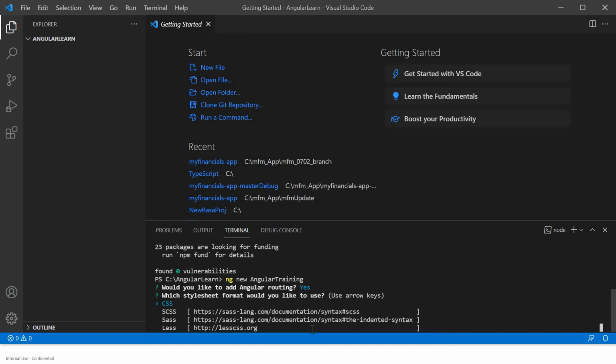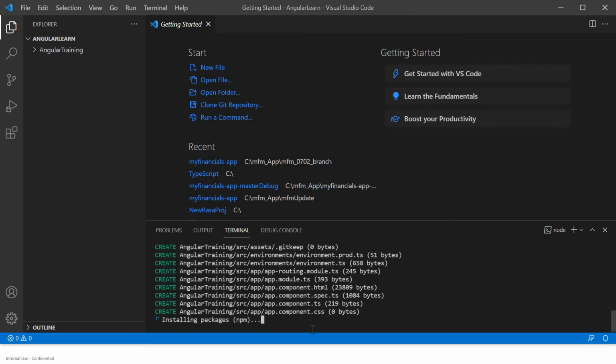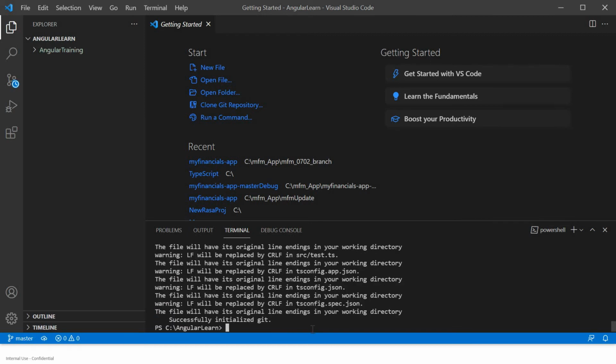I always prefer CSS and SCSS mostly. So I'll give CSS for this one. Okay, so now as you can see, the installation is completed.